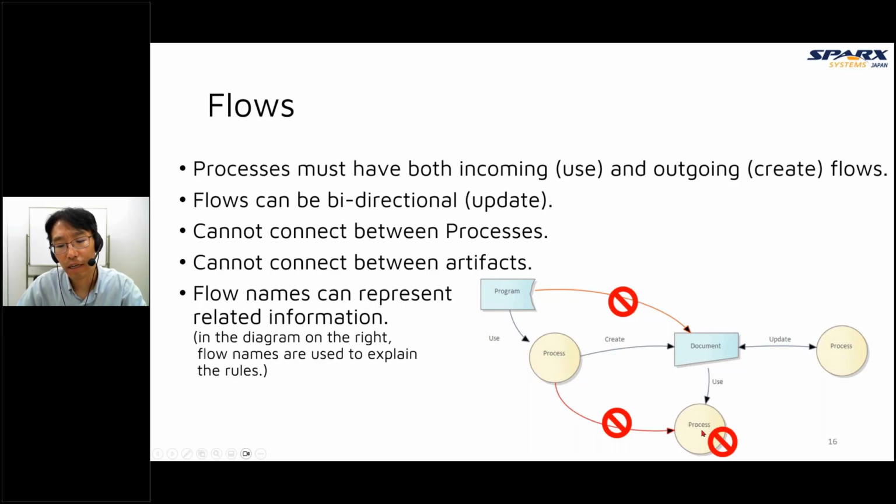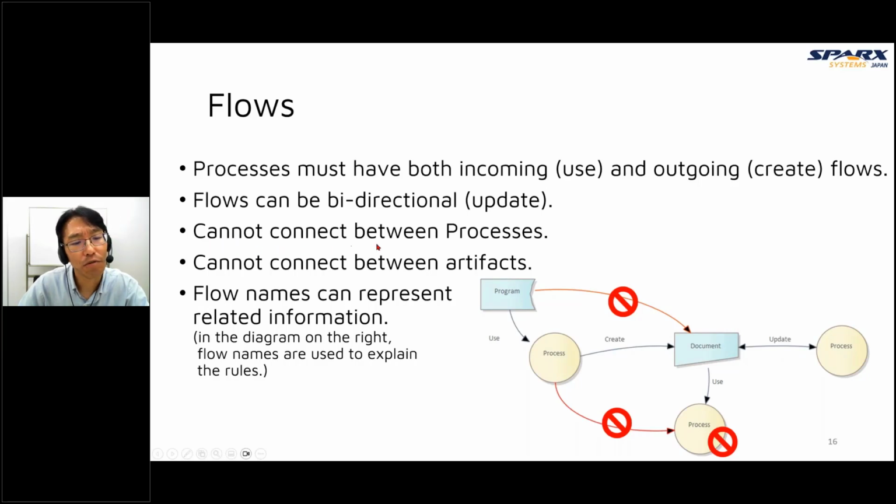Here, this process is wrong because it doesn't have any outgoing flow. Flows can be bidirectional, which means updating. In this case, the process has only one flow, but it is bidirectional, so it's the same as one incoming flow and one outgoing flow. So it's okay.